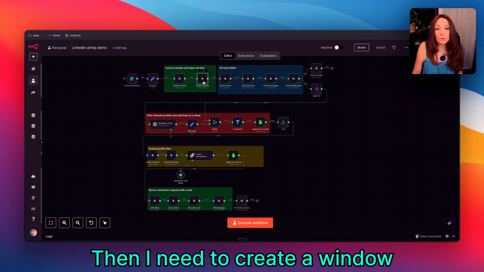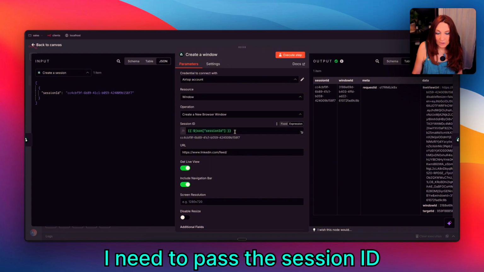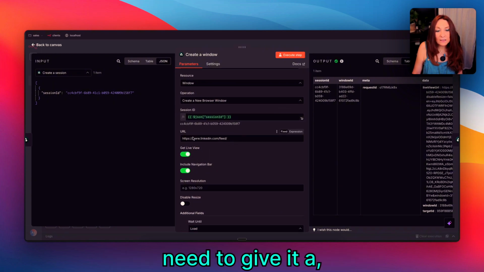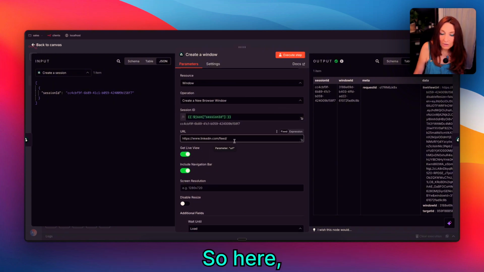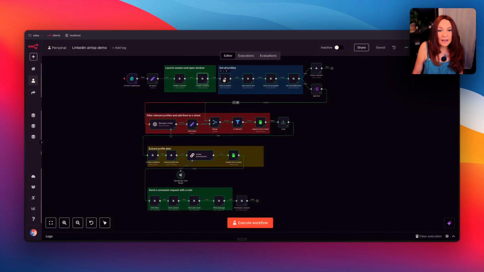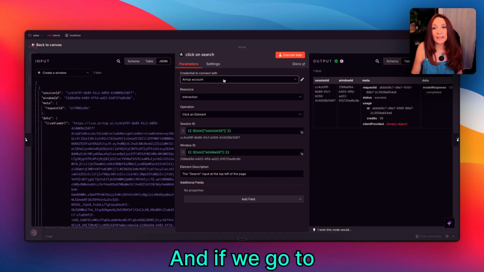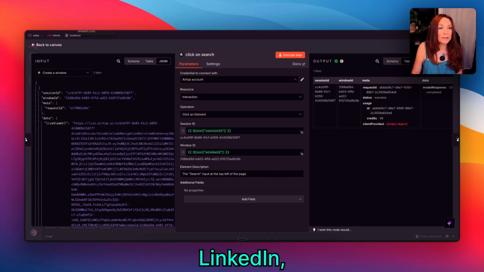Then I need to create a window. Here I need to pass the session ID, and I need to give it a URL. Here, this is the LinkedIn URL. After that, it opens my LinkedIn page. And if we go to LinkedIn,